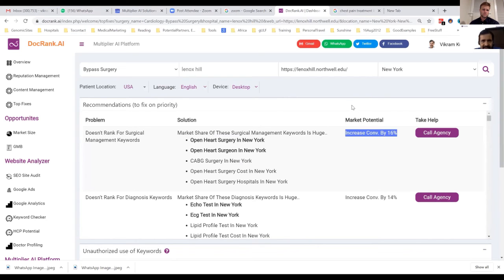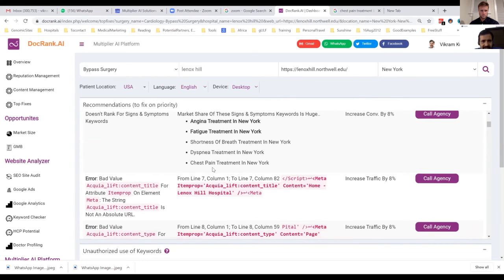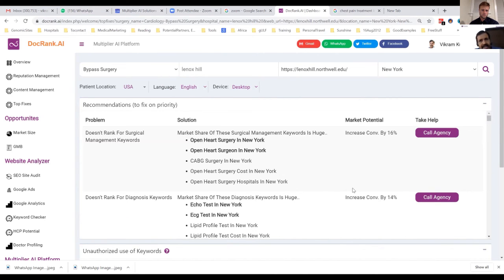The tools in the search engine optimization world are technical SEO tools. What they will likely do is give you an error saying that a meta tag is missing or a robots.txt file is not there. Every healthcare area has a number of complex rules. What we are doing is simplifying being number one on Google for you, being number one on Healthgrades for you, being number one on ZocDoc for you, at every procedure and at every zip code.